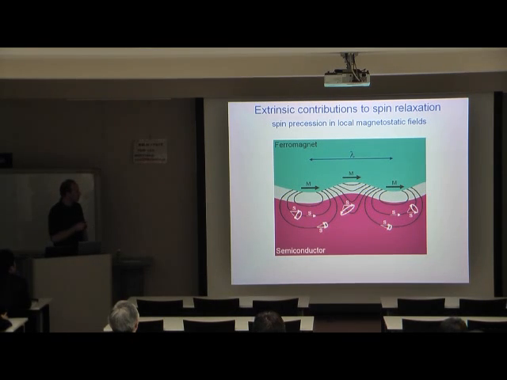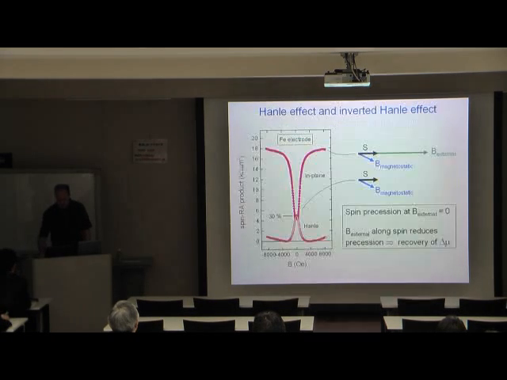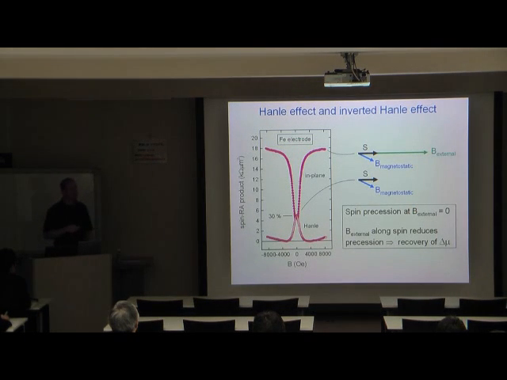where the spins are. And to prove that this is the correct mechanism, we did an experiment with an in-plane magnetic field and observed something that we will refer to as the inverted Hanle effect. So this shows the spin signal, the normal Hanle signal, reduction of the spin signal with external magnetic field. This is the signal that we observe when we apply an in-plane magnetic field.